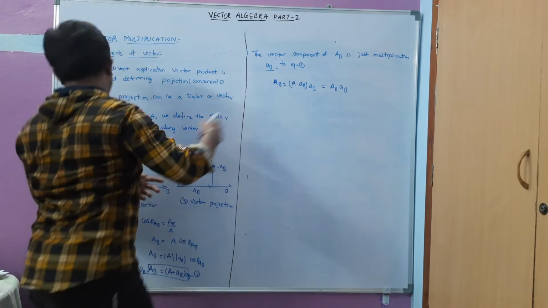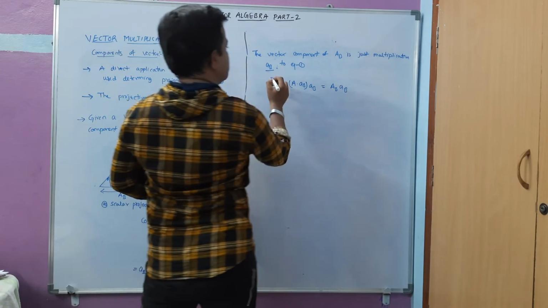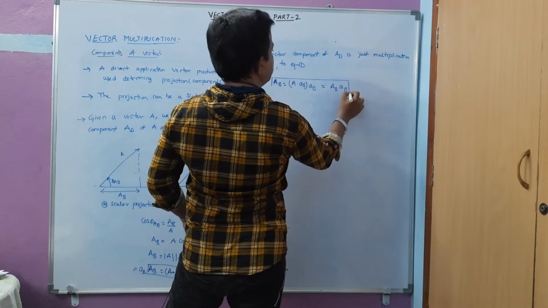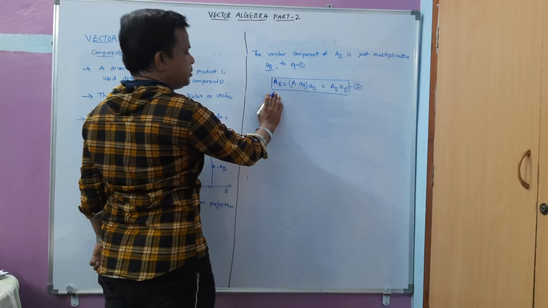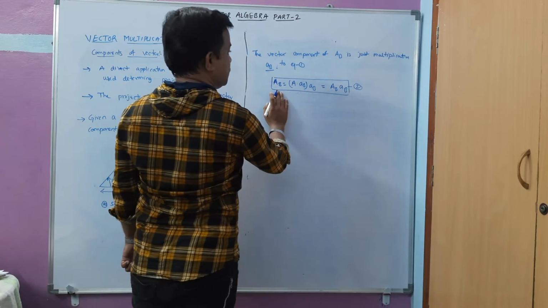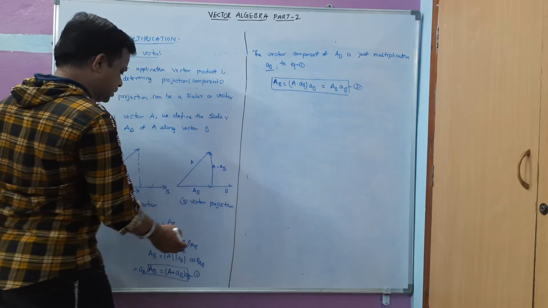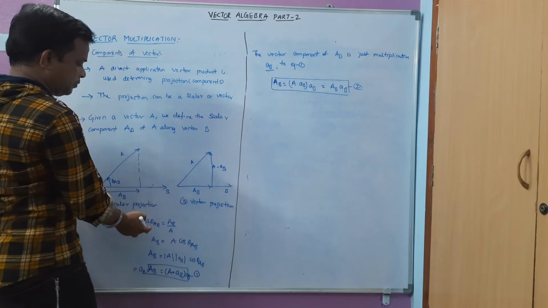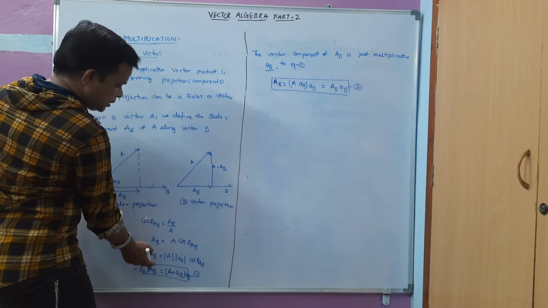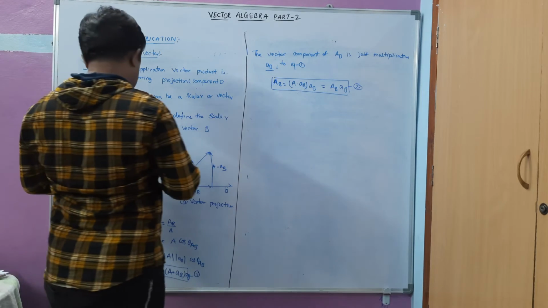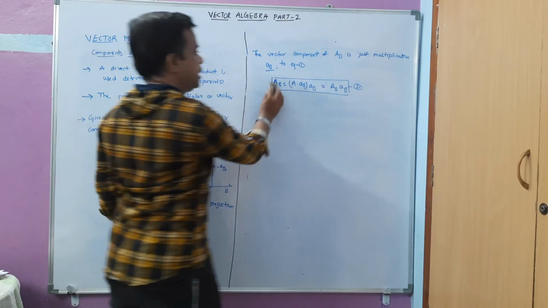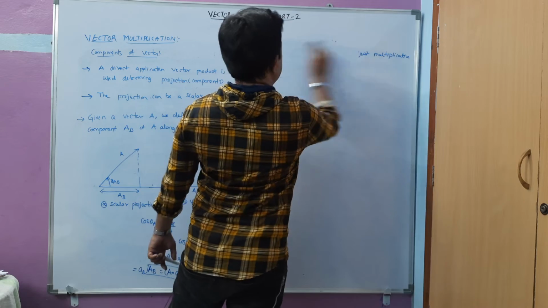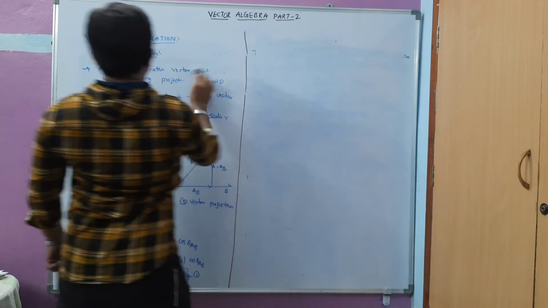Okay, so this is a very important equation which we are going to use in problem solving. In order to find the vector component, we have to use this equation. If you want to find the scalar projection, we have to use this equation, that is equation 1 and equation 2. Okay, right, we will stop here and we will do some problems relating to the dot product and cross product, and we will finish this lecture video.